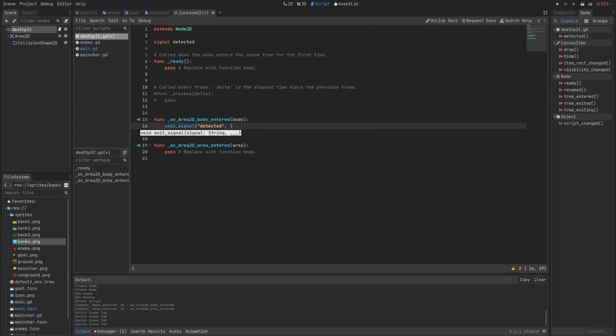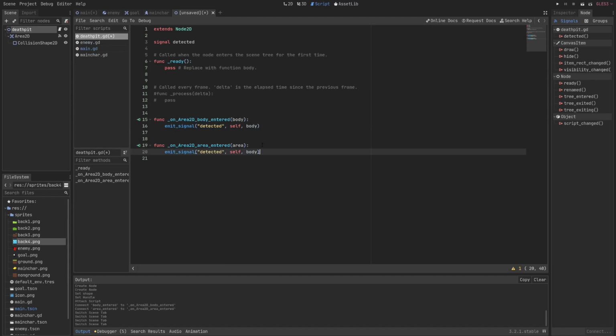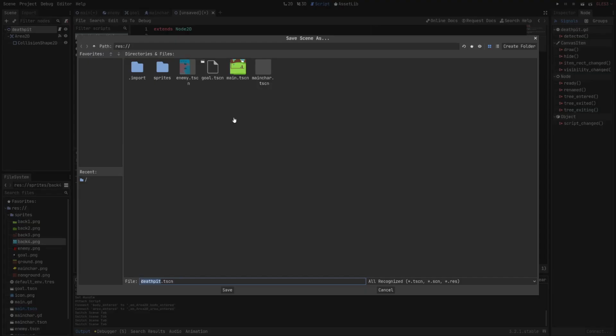And I can also add some parameters. I'll just say it's me. So I detected the signal, this death pit in specific, just in case I want to use this in the future. And the signal is representative of this body, or same thing over here, of this area. So if I do this and save it as death pit,